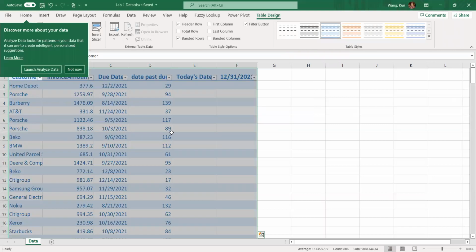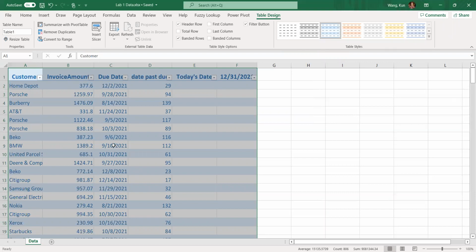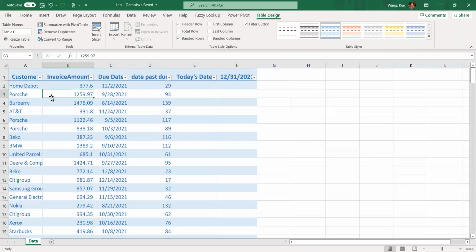And you can see now the format of the data looks more like a table format. Then I'm going to start on my pivot table. For a pivot table, I can also start in different ways. Normally what I do is make sure I select any cell inside the data range,